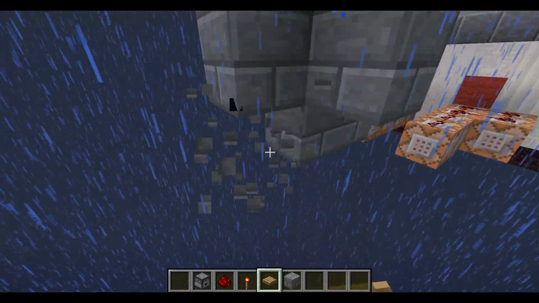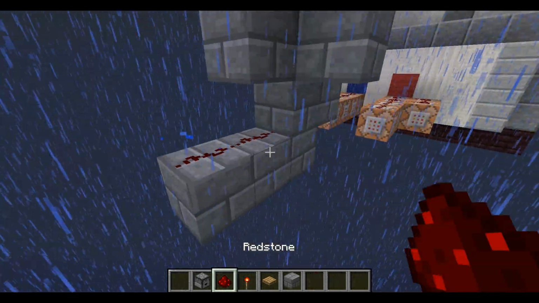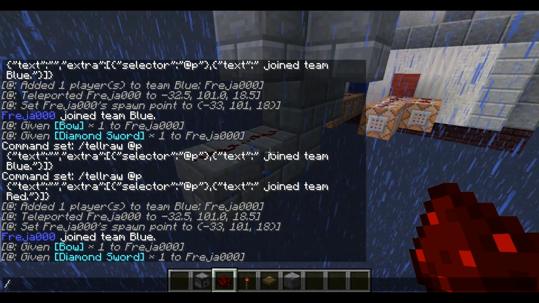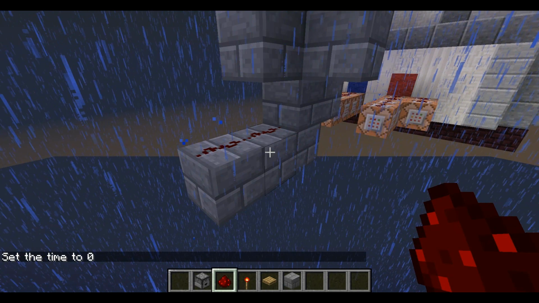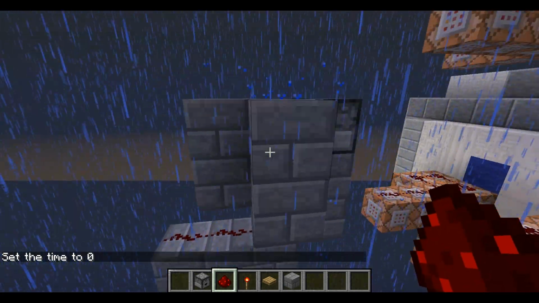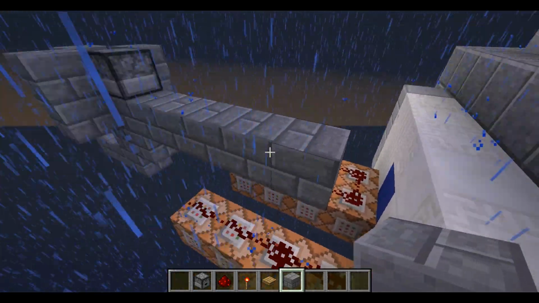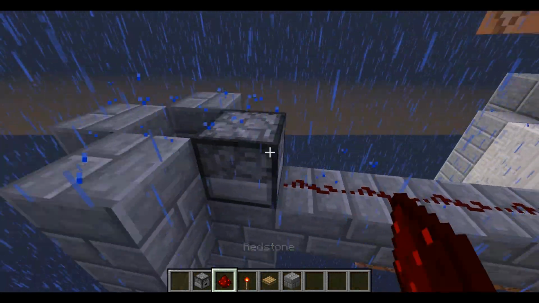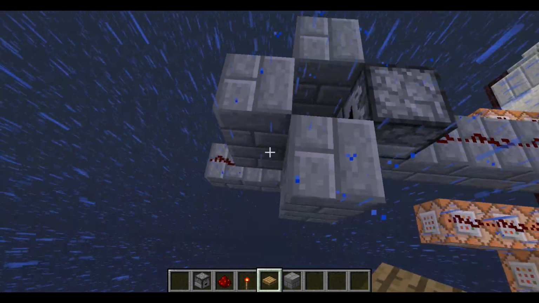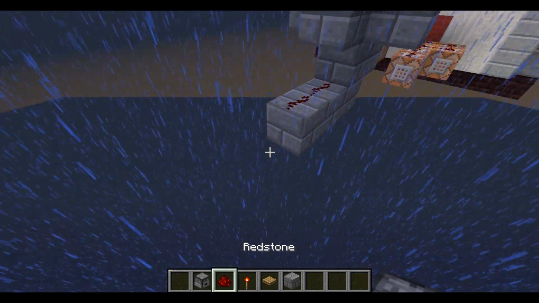That, which will give a signal. So times probably stops the rain too. Okay, so you will press a button to start the game. A signal gets shot to this, and it shoots an item there, and then it gives a signal, and on